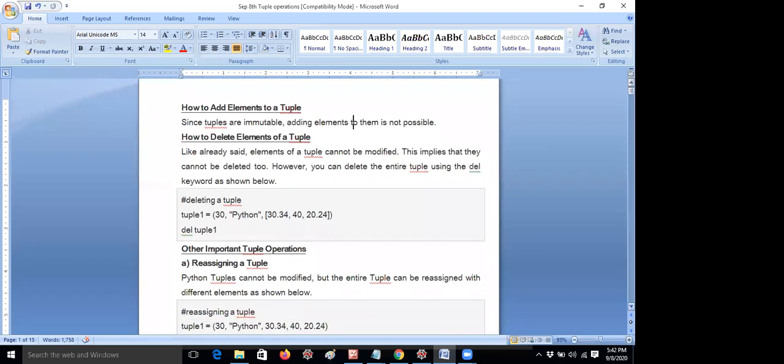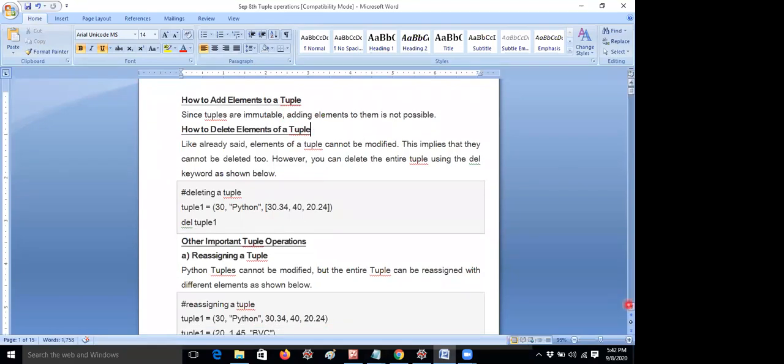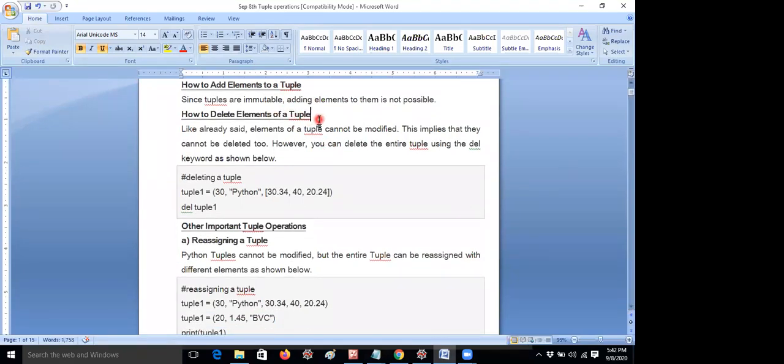So how to add elements to a tuple. Actually you know that a tuple is immutable. You cannot add any elements. That means it is impossible. Okay. In the list you can add anything. But there is no direct way. But we have some other ways. Anyway, we will discuss. Okay. How to delete elements of a tuple. Okay. So for example, let me give clarity, guys. So we have the del method, del.